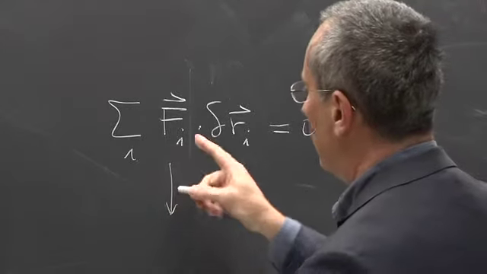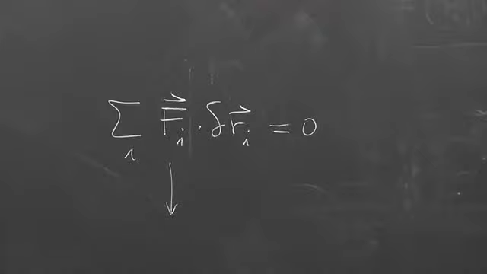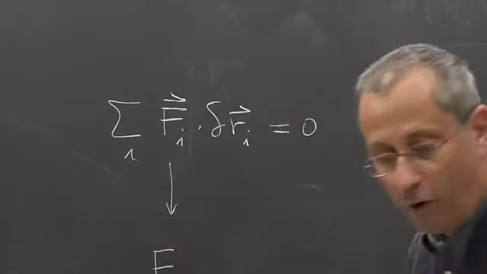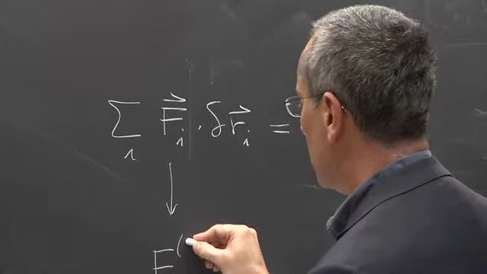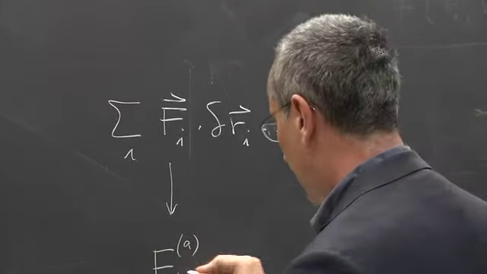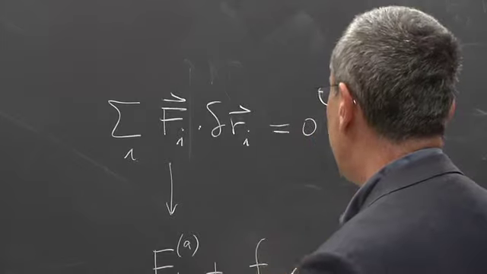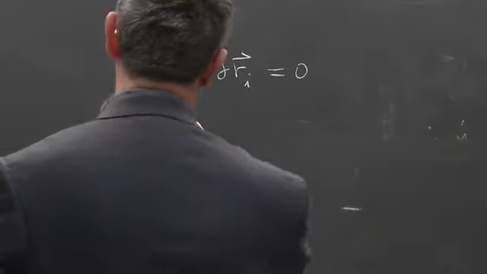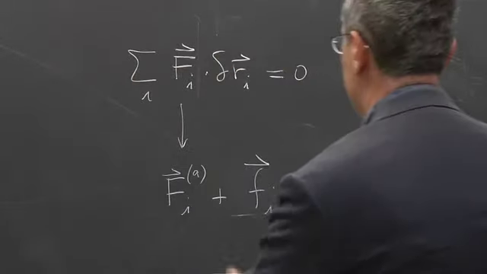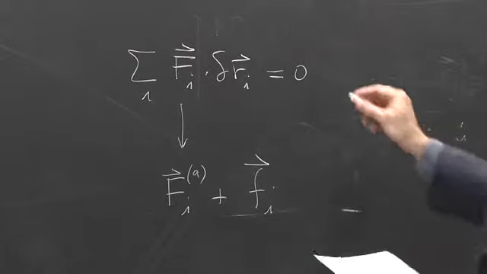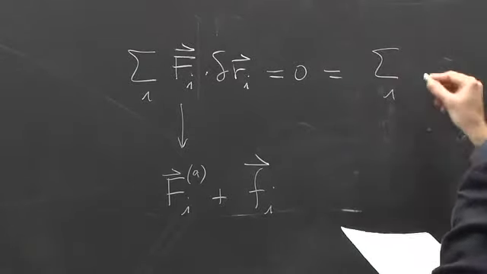Now, the forces of my system are made of two parts, right? You have the applied forces, so external forces, if you wish. Let's call them applied forces, and I put a little a on top here. Plus the forces coming from the constraints that unfortunately are still there, but I'm going to get rid of that. So this force has two components, the external force, the applied force, and the constraint force. In other words, this thing really should be written as the sum of two pieces